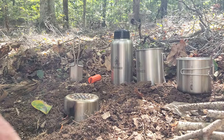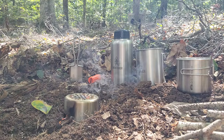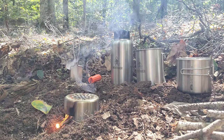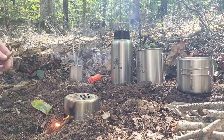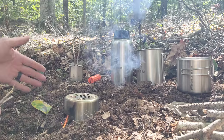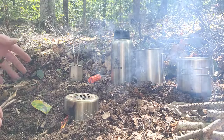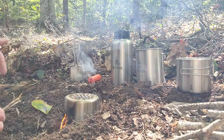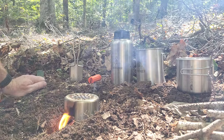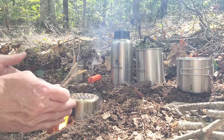Good way to lose an eyebrow. But this is not bad. I like this. It just keeps my pot level. I've put things in the fire before and just kind of had to mess around with it. Typically what I do when I'm camping is I'll build a keyhole fire, basically a fire pit shaped like a keyhole. I didn't know that was a thing, I didn't know it had a name. It's something I've always done. And I always leave that little space open so I can slide rocks over there